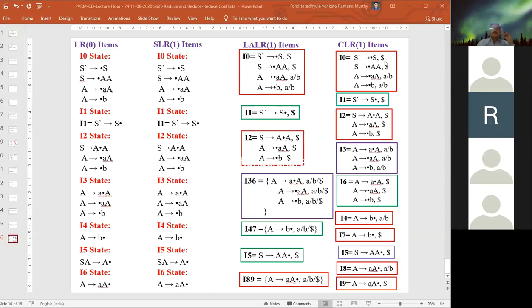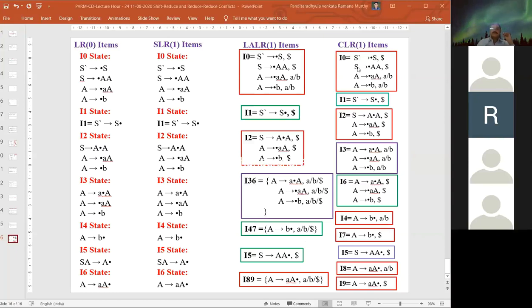In LALR and CLR, the extra input symbols represent the follow of the left side of the production, which indicates when to reduce. We use this for reduce entries R1, R2, R3, be careful. Then what is the difference between LR1 items in the LALR parser and the CLR parser? In the CLR parser we have the complete set of states, whereas in LALR we have the reduced set of states. Remaining everything is the same.